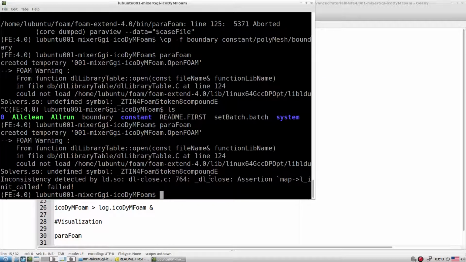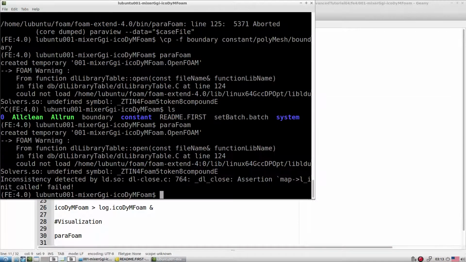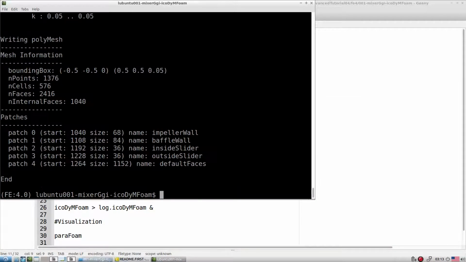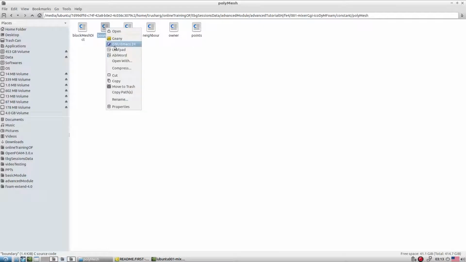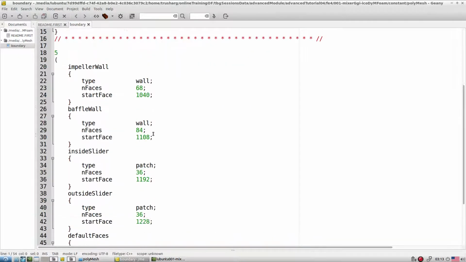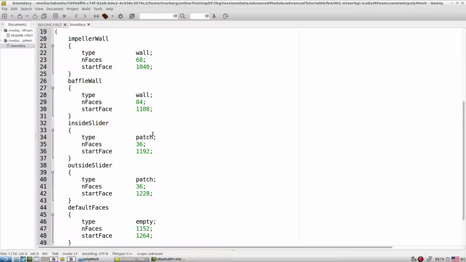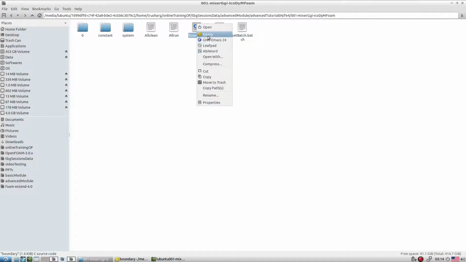Let's now look again at the blockMesh, then go to the constant polyMesh area and check the boundary file. The boundary file has different entries, but we require the GGI setting. So let's open the set boundary file and see how it looks.